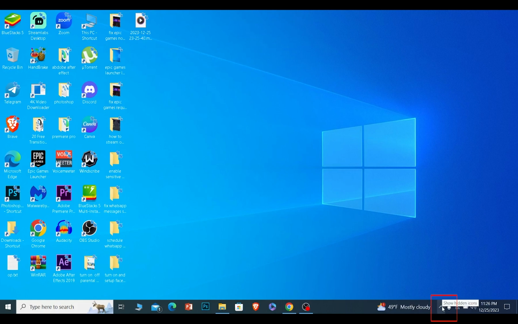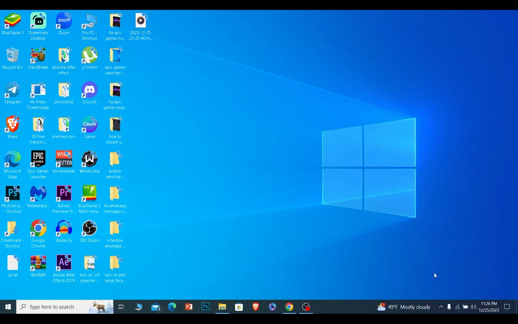in that case just click on this arrow at the bottom of your screen. You will see the Epic Games logo. Just right click on it, click on Exit. Once you do that, it'll stop Epic Games from running in your background and you can now try to uninstall Epic Games. It'll work. And if it still did not work, then you can just right click on this arrow